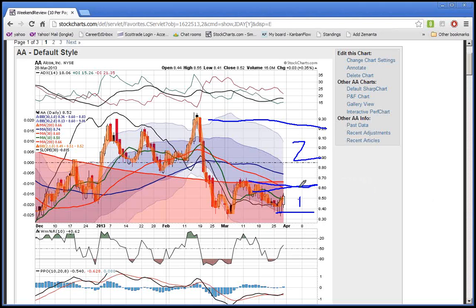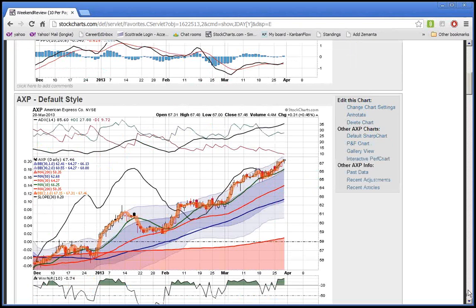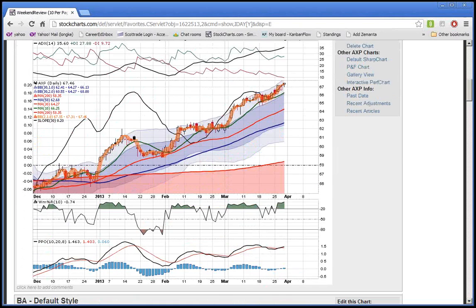If it gets above 860, then there's room for a 2-to-1 test of the next swing high. But inside this channel right now, there's so much resistance at 870 that even if you try trading this one, you'd have to be very, very quick on the trigger to exit once it starts stalling. So I don't see that one as an easy trade. You've got to be an Alcoa trader to play that one. And the reason that you would probably prefer not to trade Alcoa is why would you necessarily go after that